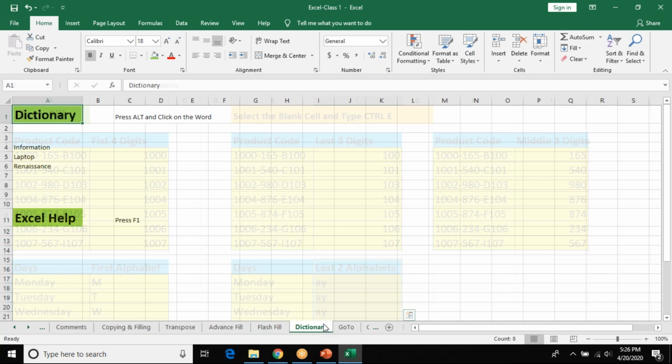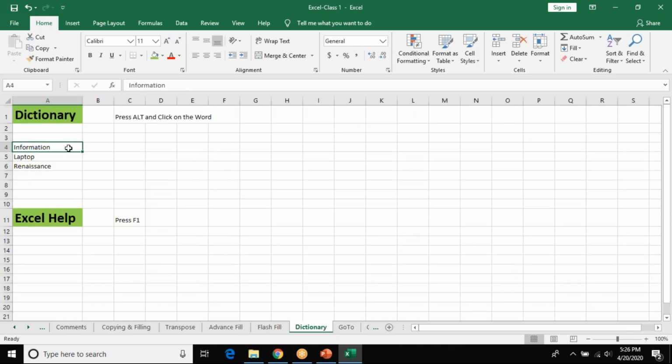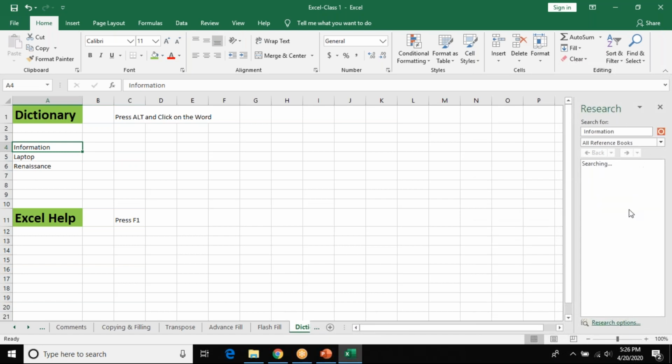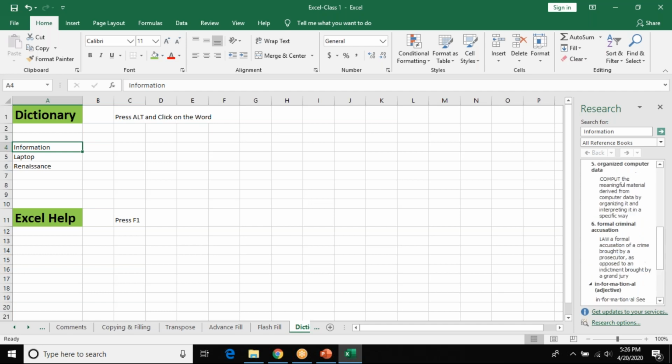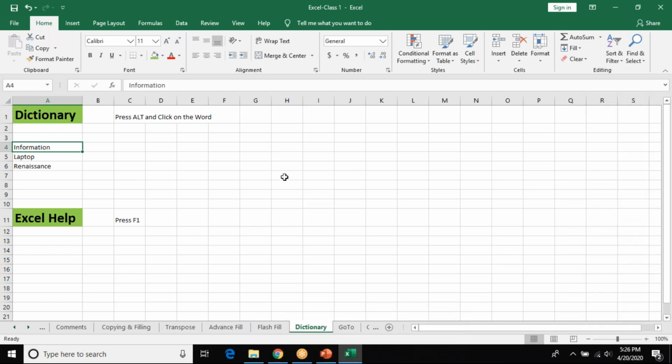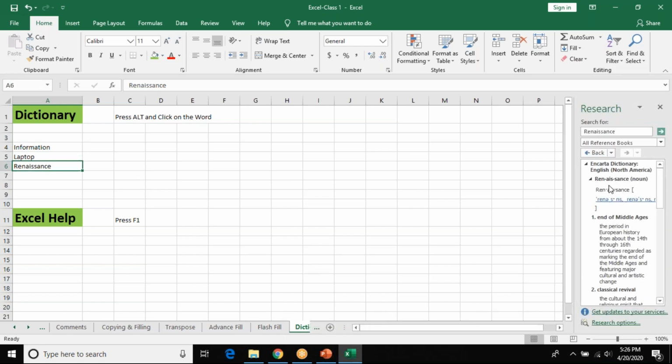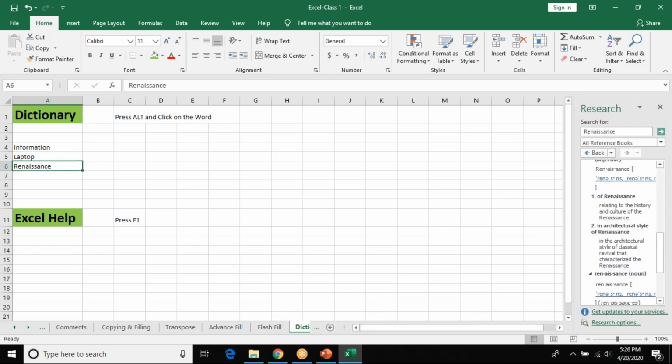And the last two things: dictionary. Sometimes when you're going through some information in Excel, you want to get some meaning out of it. There's an option which is called Alt. Just hold Alt on your keyboard and click on this word. See, the dictionary opens up, searches, and gives you a lot of information. So what is the option? Click on Alt and click on this. It will search and give you all the information about the word.